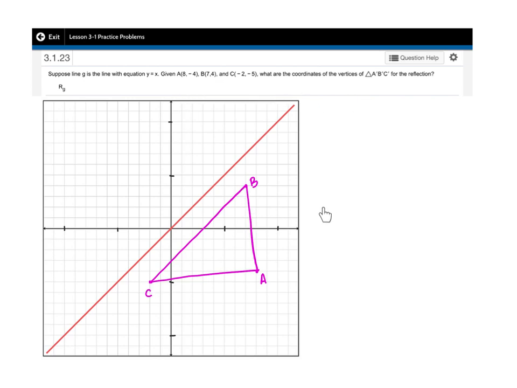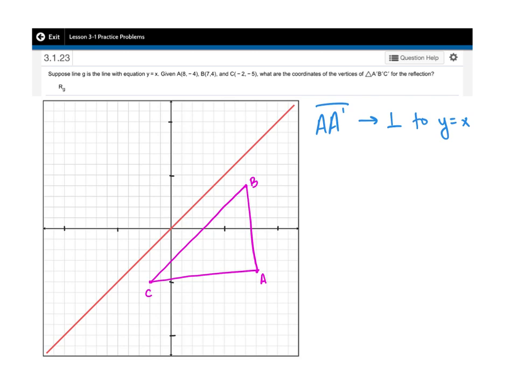And now I have to figure out, okay, let's start with A. Where would A prime be if I flip this across this line? Now I have a general idea that it would be somewhere up in here. What I'm going to think about to figure out exactly where is that when I connect A to the point A prime, I create this segment connecting A to A prime. That segment is going to be perpendicular to the line of reflection, which is y equals x,